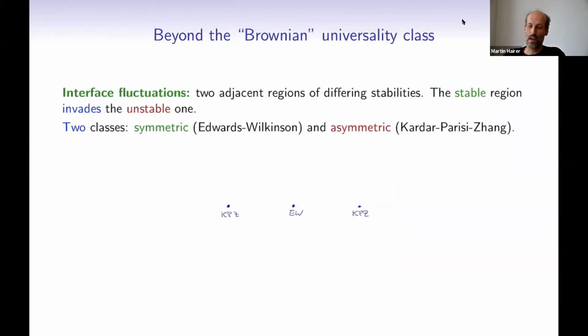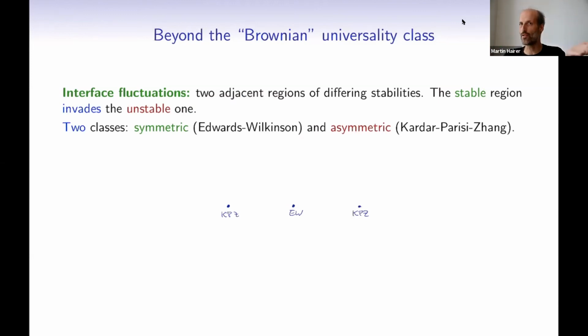So in this particular case, it turns out that there are actually two relevant universality classes. In the situation that I just described, the relevant one is the KPZ universality class, which is named after Kardar, Parisi, and Zhang. Somehow, they didn't describe it completely, but at least described some of its features back in the mid-80s. And there's also another relevant class, which appears in the situation where the interface can actually move